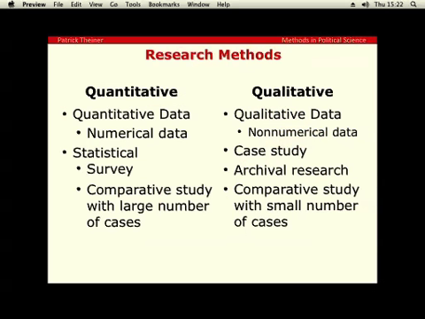Okay, so let's go from this example to something more general. When you have a theory, when you have a hunch about the world, and you want to go about testing that hunch, which is really what science is about, then you have basically two ways of doing that. At least that's what I'm going to tell you now. There might be others, or there might be mixed methods, but in general, you can either do that with lots of numbers, with a computer, with a statistics program, which all looks very mathematical,